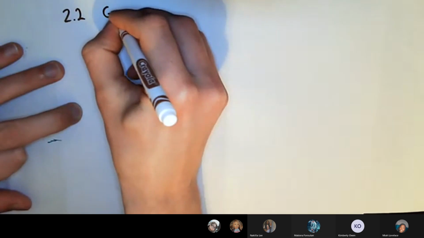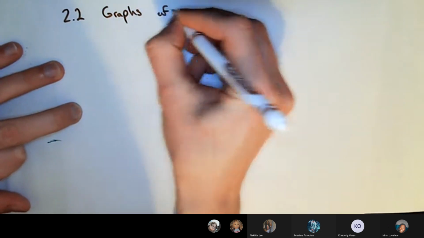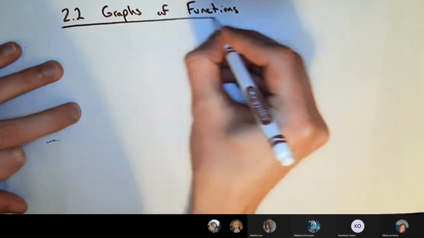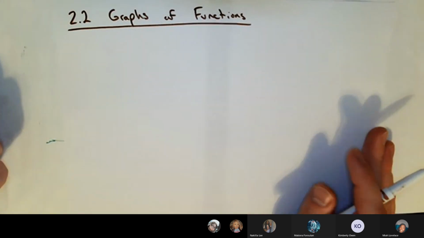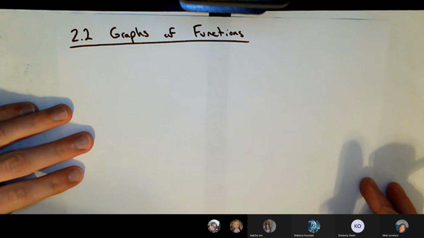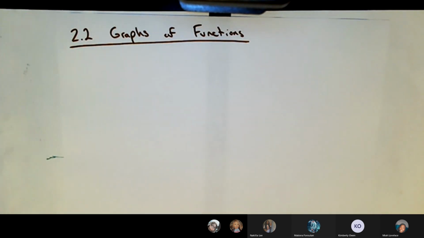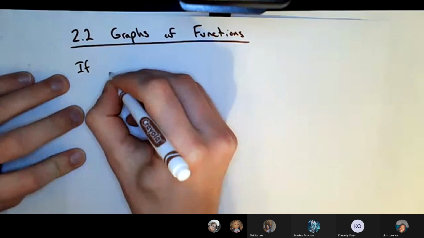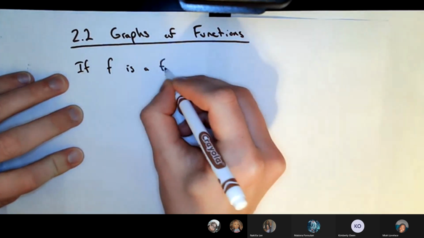Okay, so let's start 2.2, which is graphs of functions. So let's dive a bit more into this graphical representation of functions, graphs of functions. Okay, so if you read the book, they give you this fancy definition for the graph of a function. It says if f, and we're going to parse through this, if f is a function